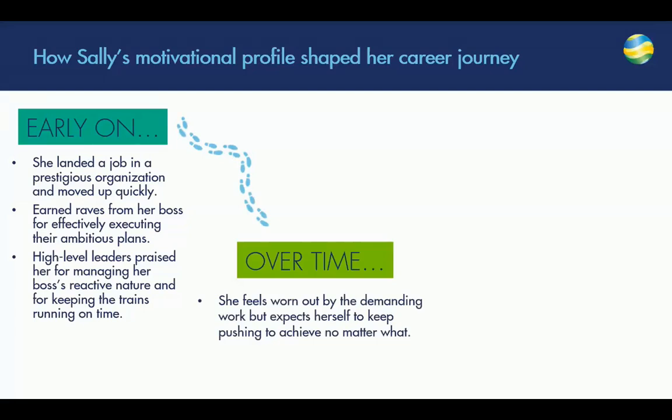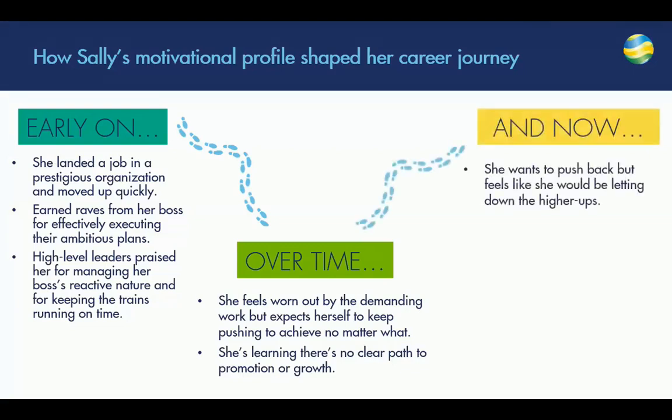However, after several years of that, it started to wear thin. She was working like crazy and keeping up the pace was really hard. And then she was just expected to make things run. So she wasn't getting as much of the praise or attention as she had been early on. And then also not really knowing what her career path was or if there was any opportunity for growth was also weighing on her quite a bit.